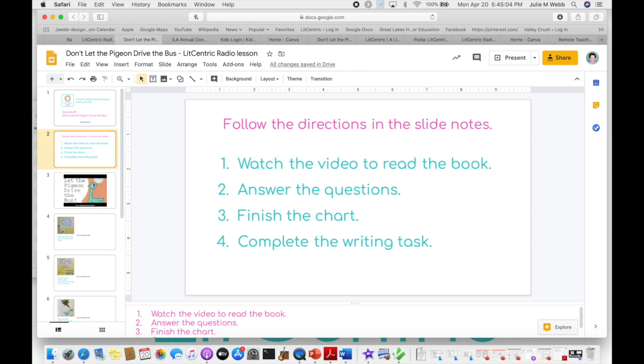That actually frees up the slide to be used for more of student work, and that way it doesn't get too cluttered. So I also did the directions there in the slide notes using that bright pink color because I know it's easier for students to see that, and then it'll remind them to look there as they go through the slides. Students are asked to watch the video, which is their equivalent of reading the book,